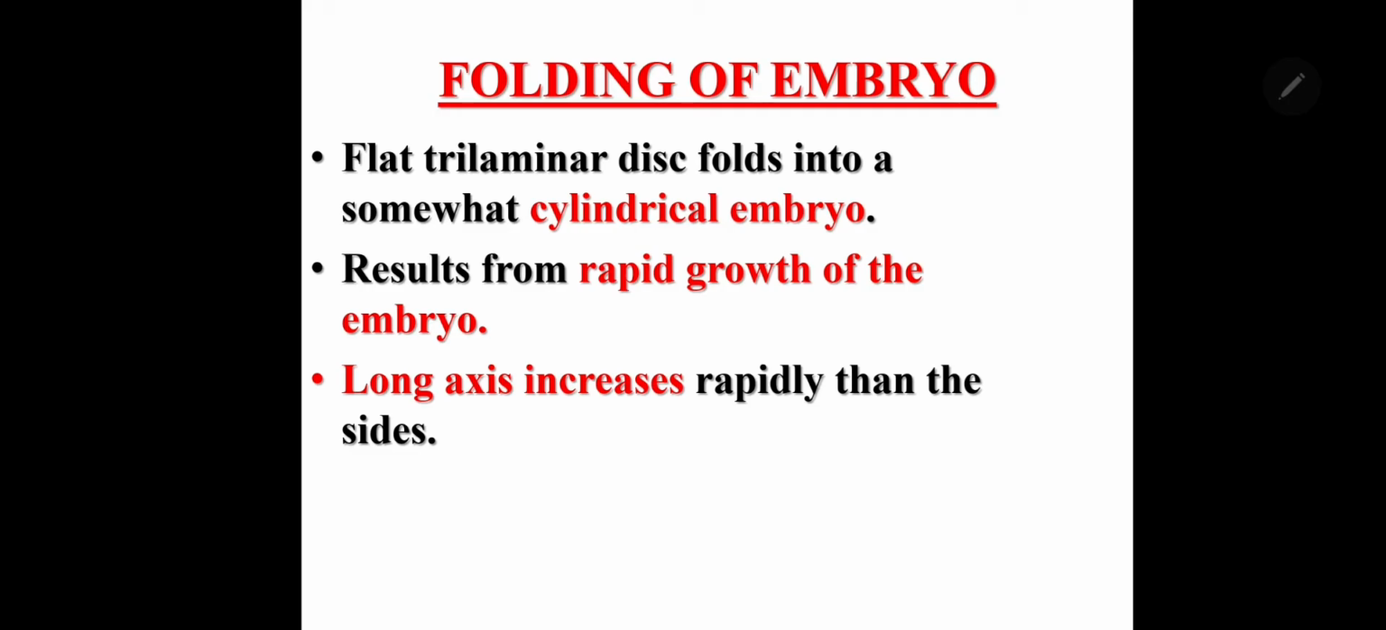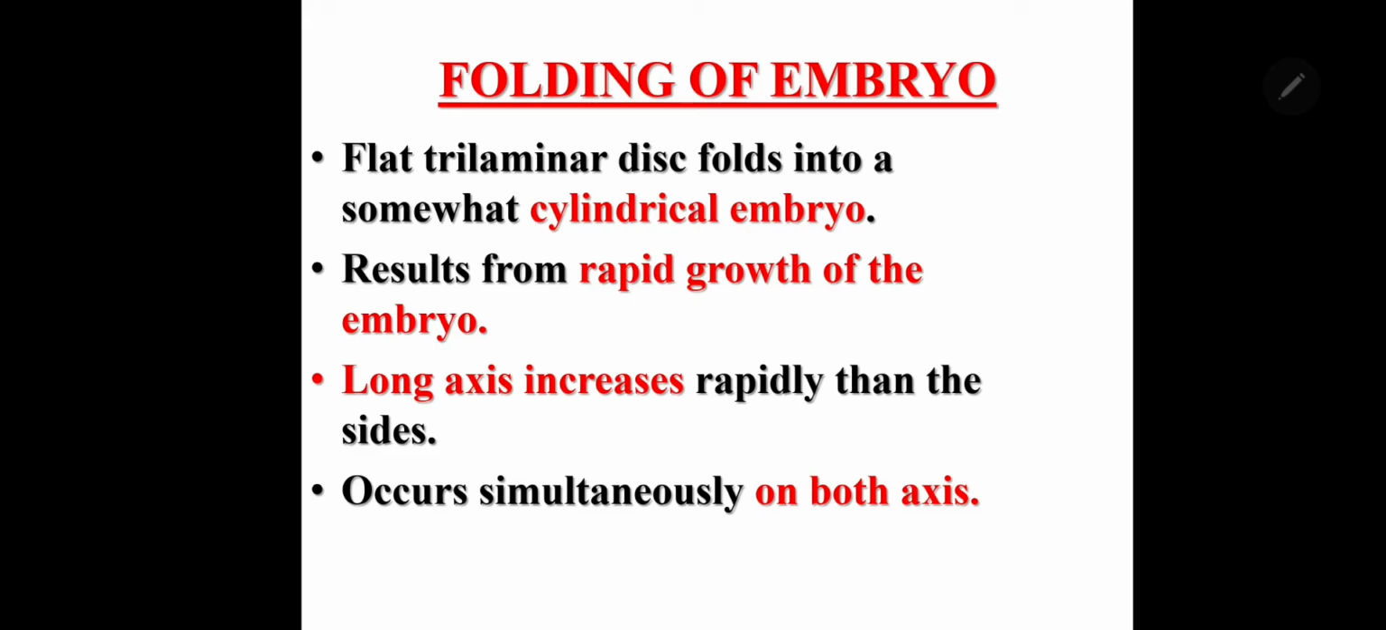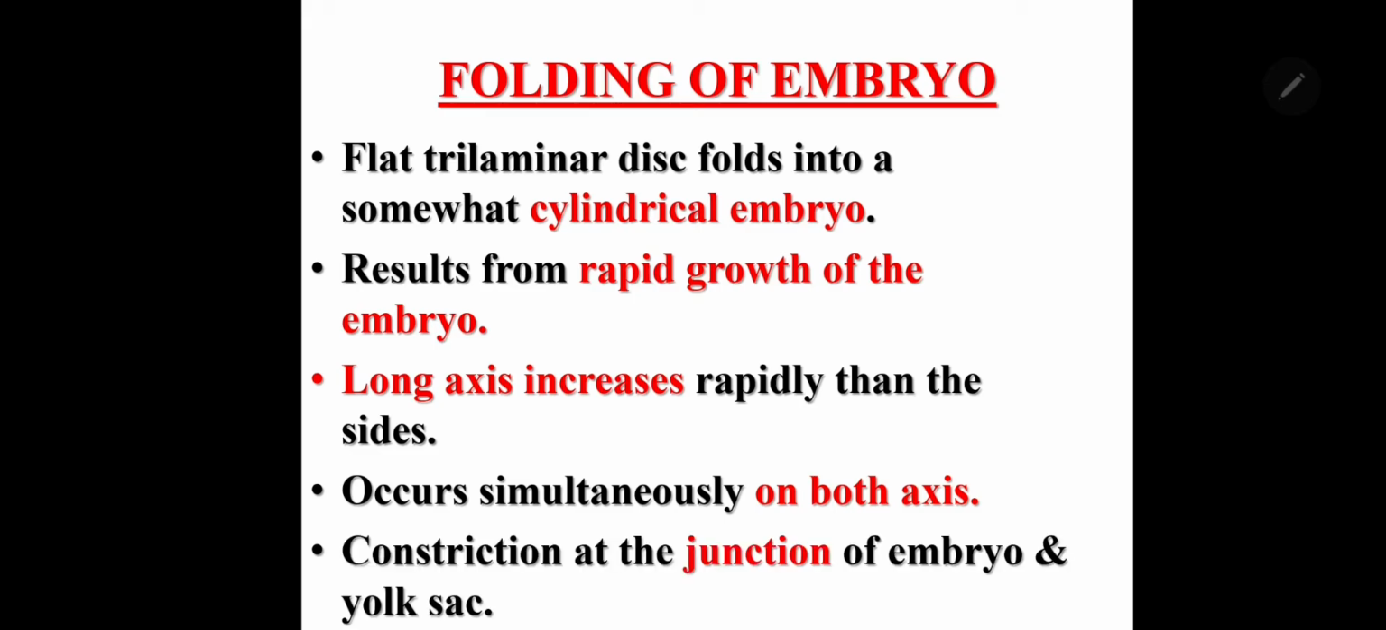And the long axis increases more rapidly than the side, that is, the head fold and the tail fold will be formed first, and they will increase rapidly compared to the lateral foldings, and occur simultaneously on both the axes, and there will be constriction at the junction of the embryo and yolk sac. If you see here, during the development, you will see the 3 germ layers that you can see here